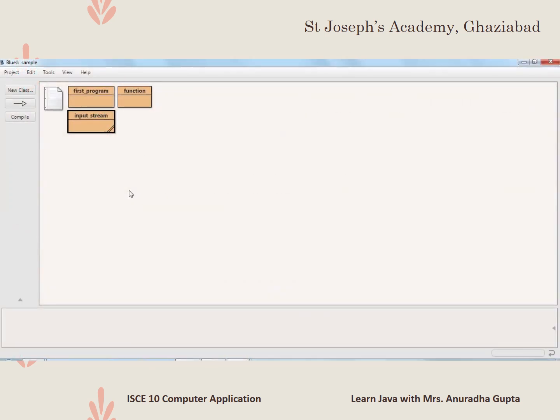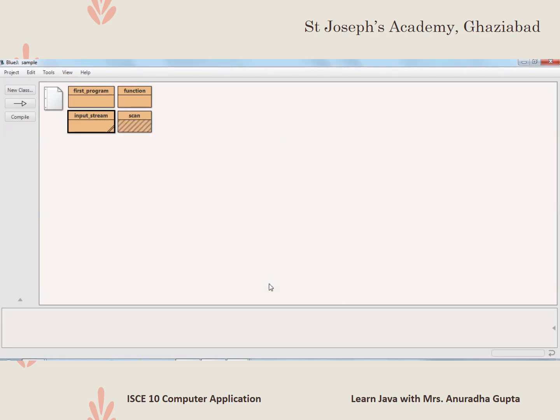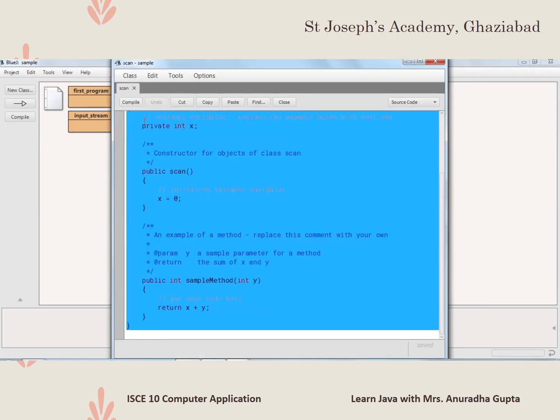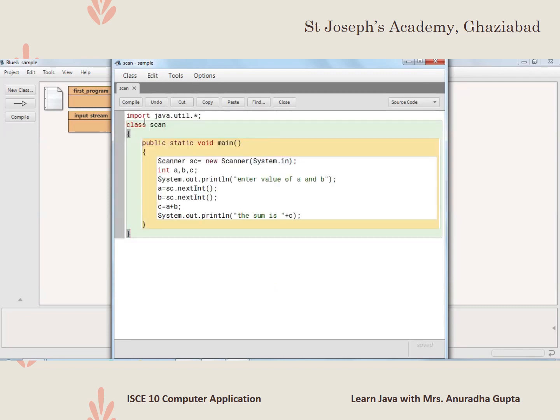Next program we will make is how to take values by using the Scanner class. So here we write a name related to our work, that is scan, because we are going to use the Scanner class in this program. We erased the sample program and then we write our own program.